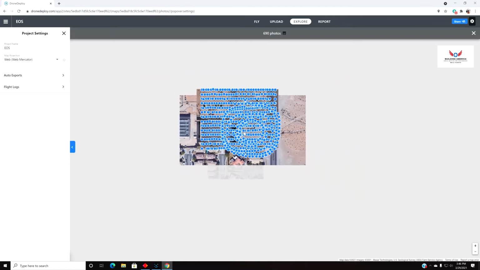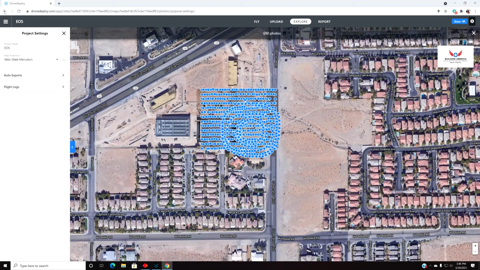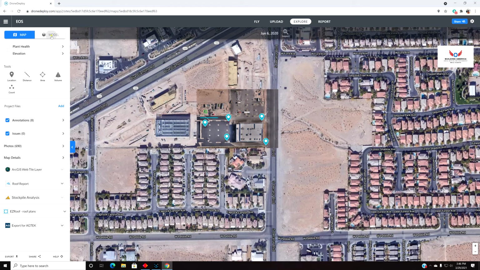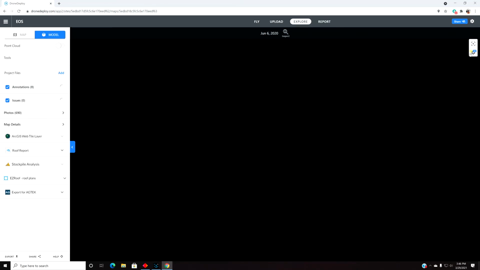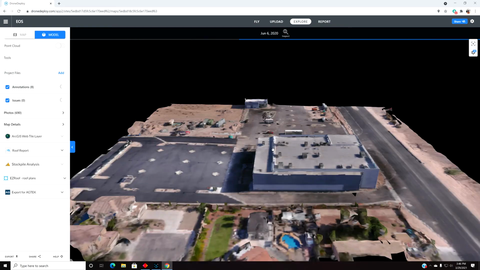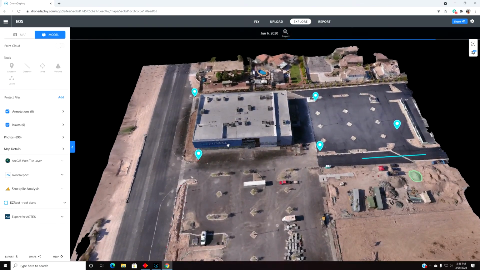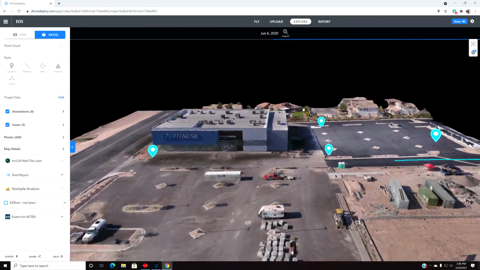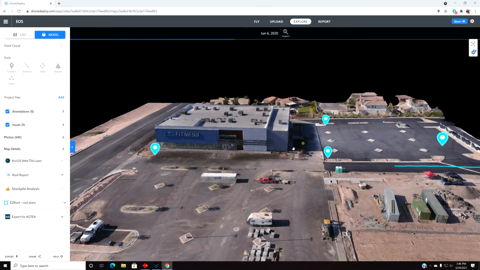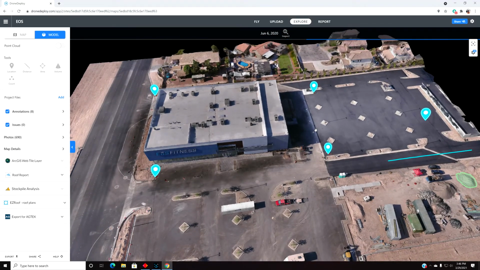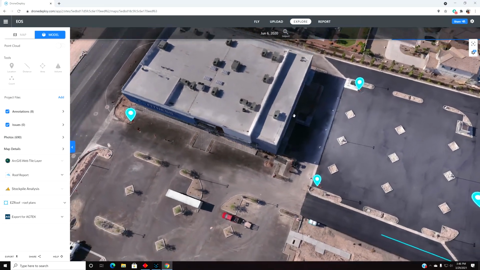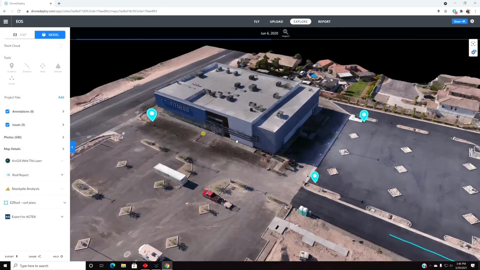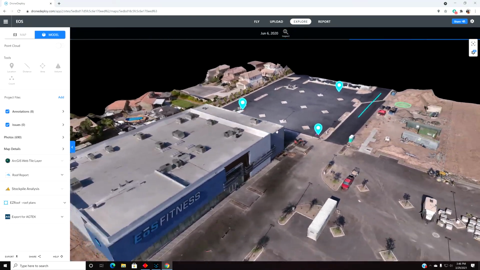Let me show you this in a different manner here. So let's check out the model. Click over here to go into HD mode, high definition, and it's going to take a second. It's going to load, and you get to see the site in 3D, which is very cool. And again, you can also use all these tools in your 3D model. So we're just going to wait for it to load, have a look around. This model, this map turned out pretty good. It's not bad,